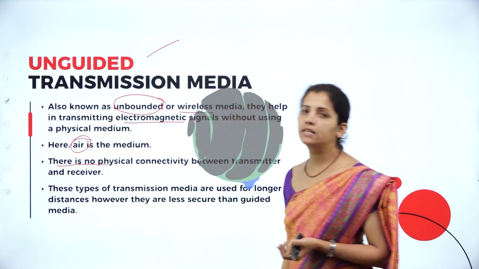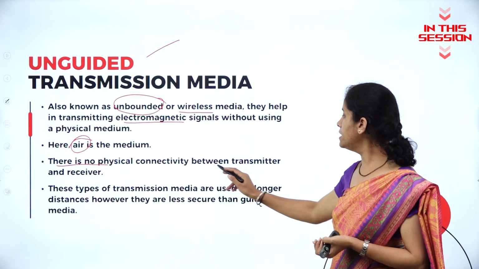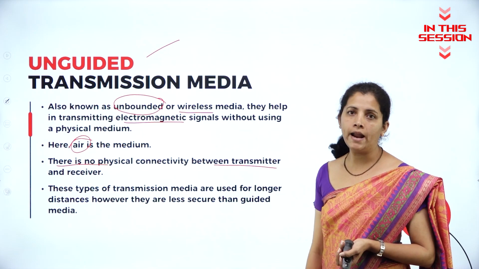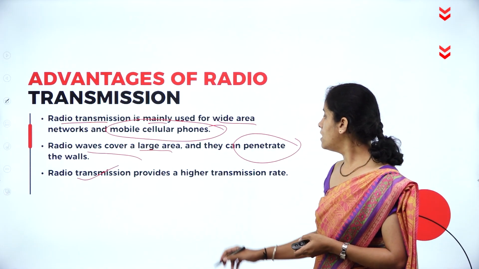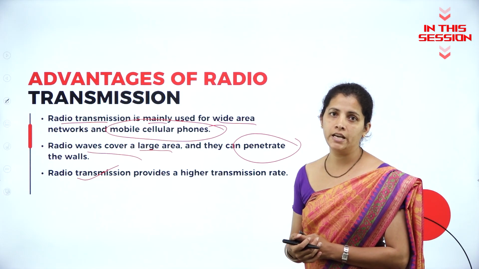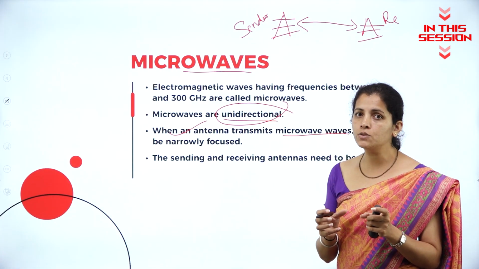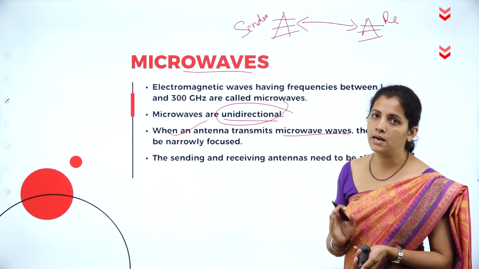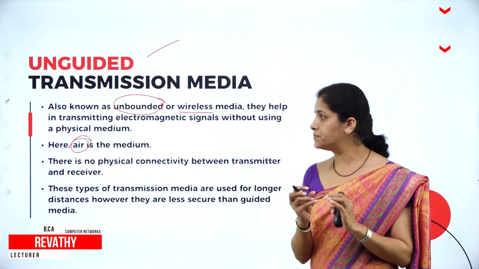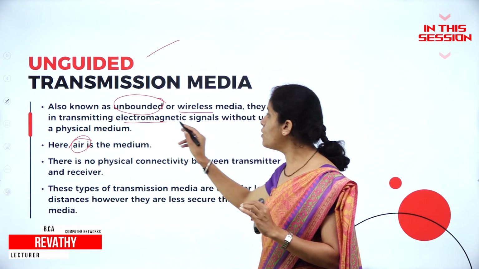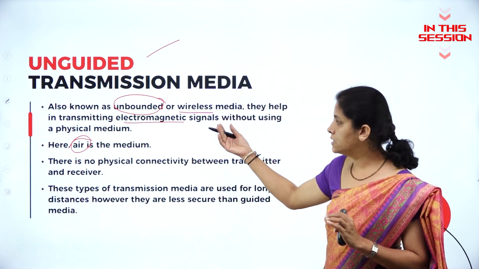There is no physical connectivity between transmitter and receiver. Radio transmission provides a higher transmission rate. Narrowly focused in the sense what? Both the antennas must be aligned. What kind of data or what kind of signals we are going to transfer? That is electromagnetic signals. So,